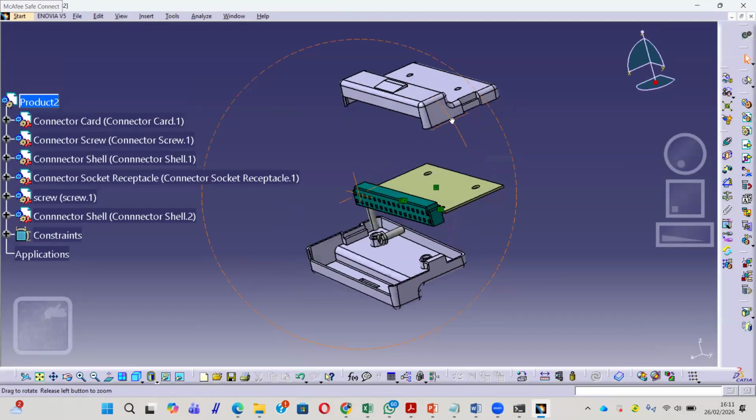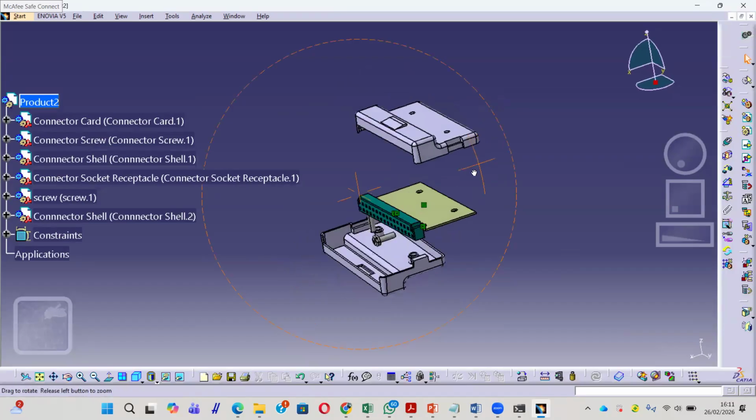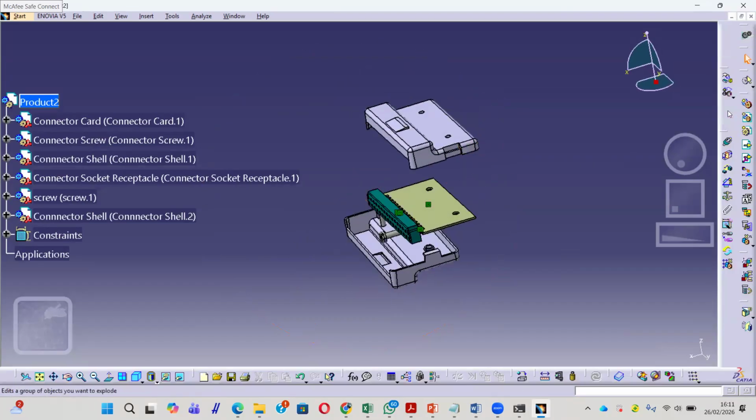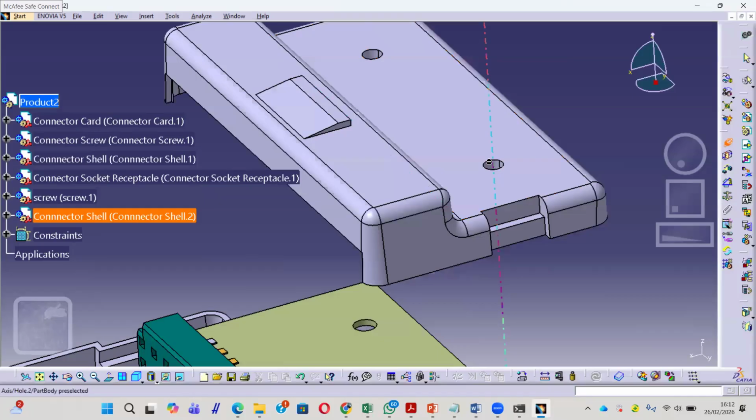Okay, and then we will use coincident constraint here. Coincident means axis to axis, or we have to select two holes here. For example, in here, you see axis.